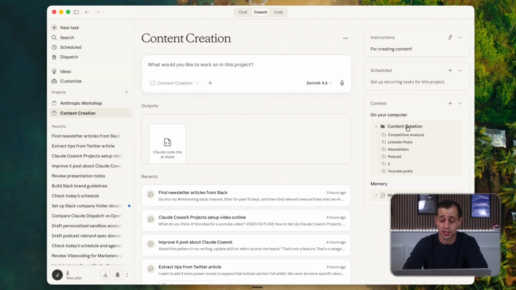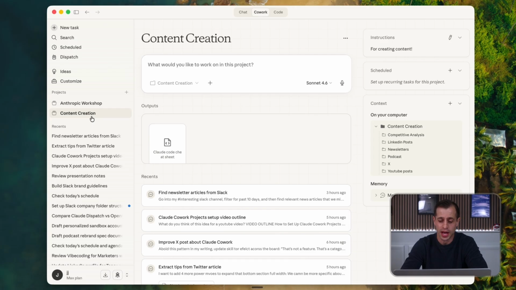For content creation, this is all about my LinkedIn post, my newsletter, my podcast, my X. And so it's a high-level project for content creation. You can go as meta as you want with this. You can go as big as you want with this. You can go full workspace with this. But what I recommend is that each project is treated like a project, because when you add a lot of